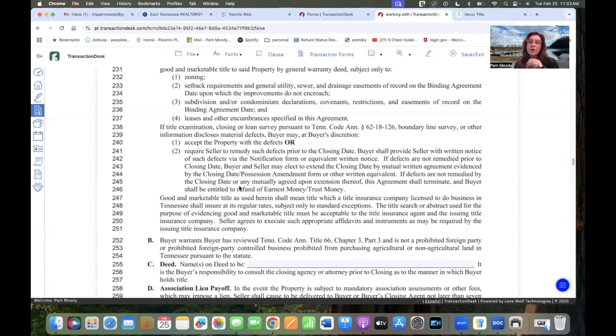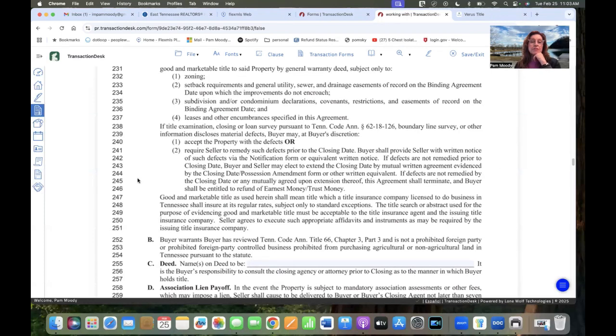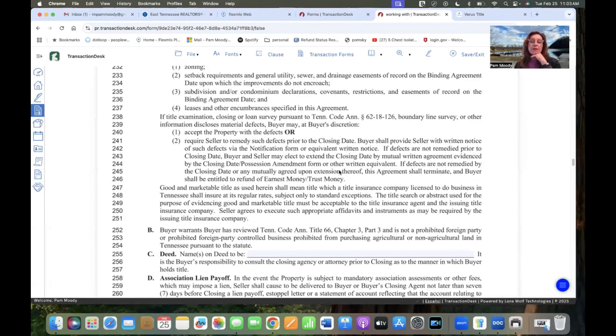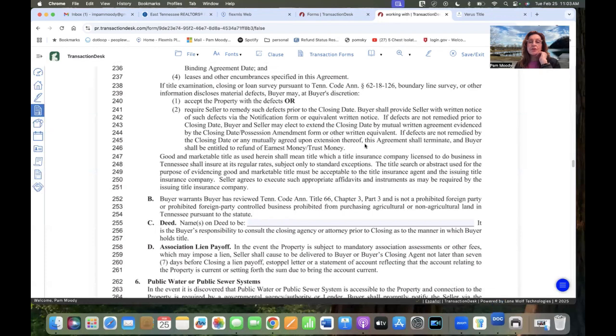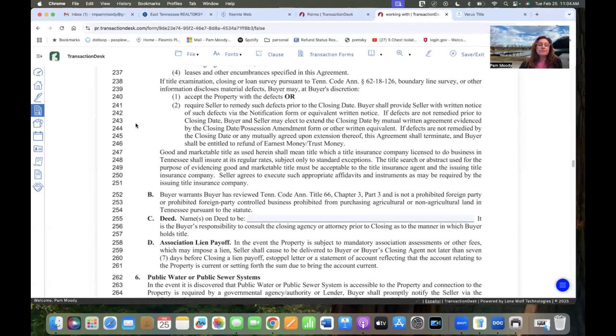If defects are not remedied prior to closing date, buyer and seller may elect to extend the closing date by mutual written agreement, evidenced by the closing date possession amendment form or other written equivalent. If defects are not remedied by the closing date or any mutually agreed upon extension thereof, this agreement shall terminate and buyer shall be entitled to refund of earnest trust money. So if the title company does an examination and they find any problems, we work through it, back out if they can't fix it. This way, you're not stuck with something with